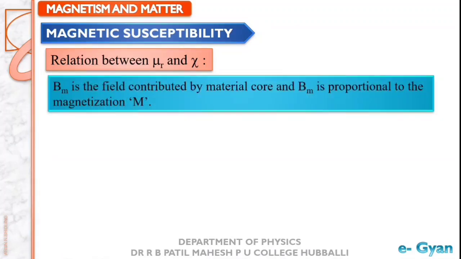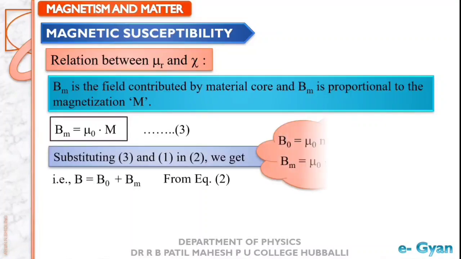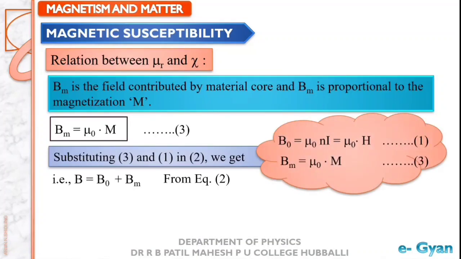Bm is the contribution of the material core, and Bm is proportional to magnetization. How much it gets magnetized, that much magnetic induction will be there in that material. So we can write Bm is equal to mu naught M. Taking this as equation 3 and substituting 3 and 1 in equation 2, we get the equation to be